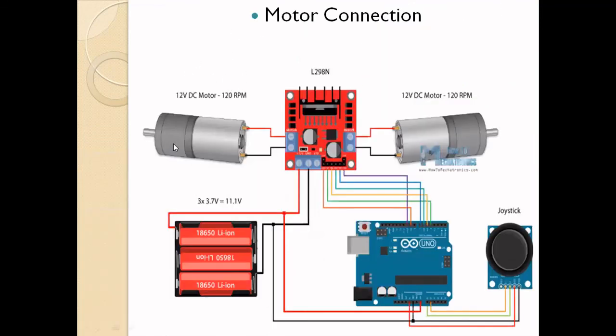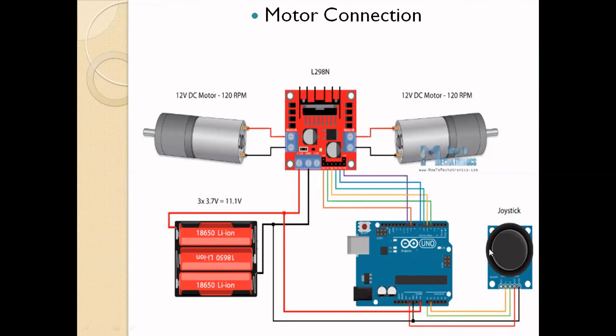So here I connected two motors, 12 volt DC motors with a speed of 120 RPM. Two motors, so it is called dual control, and you are using an H bridge. This is an Arduino controller. From the Arduino controller, you are connected to the input of the driver circuit. The driver circuit needs some operating voltage, so by using this battery you are giving the supply to the driver circuit, because DC motors are mainly used in robotics, so they operate on battery only.